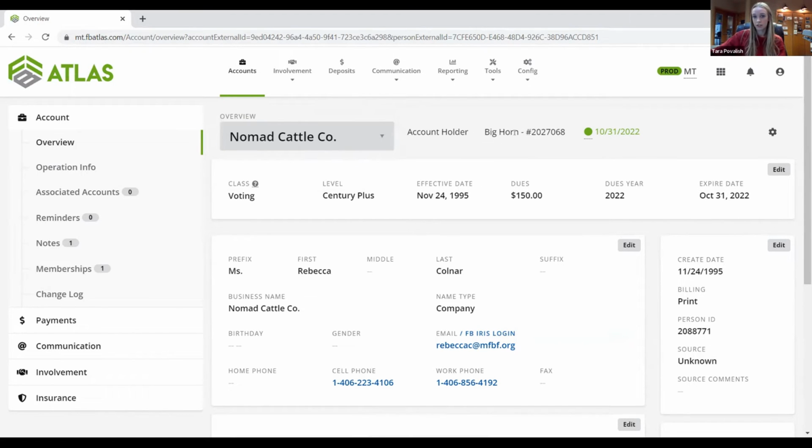And you can look over here and you'll see he's a part of Bighorn County. And here's his membership number. Now, again, over to the right, you're going to see this date right here, and that is their expiration date. And again, you can hover your mouse over it and it'll tell you what this means.